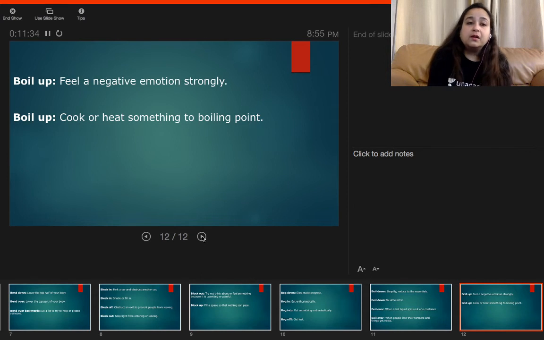And the normal meaning of boil up is when you're cooking something to a boiling point. Like if you're making soup, boil up the water and then put the powder or something to cook. Boil up the vegetables, boil up the water, boil up the milk. Milk and water are two very common things which we are boiling and using all the time, right? So these were some of the phrasal verbs that I wanted to discuss with you today.